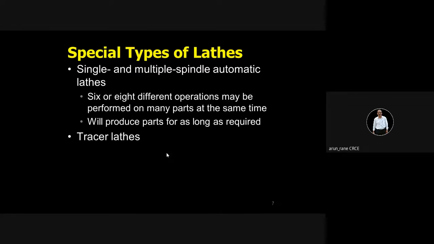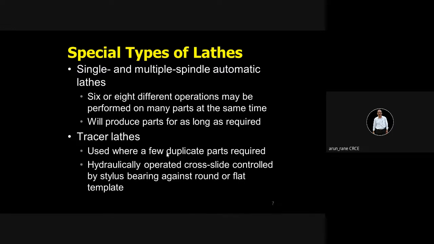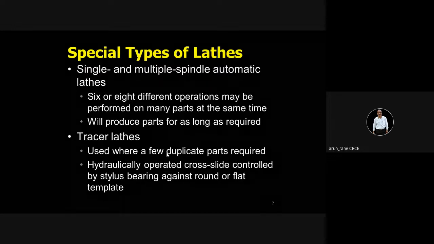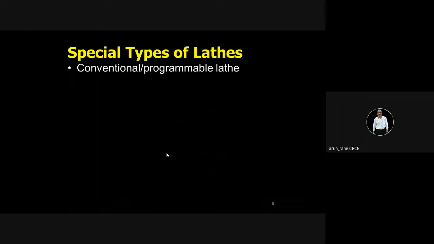So you can have single spindle or multi spindle. So far, whatever I told, that was single spindle, that is one spindle. In multi spindle, you can have two spindle, four spindle, eight spindle. So if we are talking about an eight spindle lathe, that means eight components can be mounted and can be turned at a time. That means your production will be eightfold, eight times, because you can do machining of eight components simultaneously. That is your multiple spindle lathe.